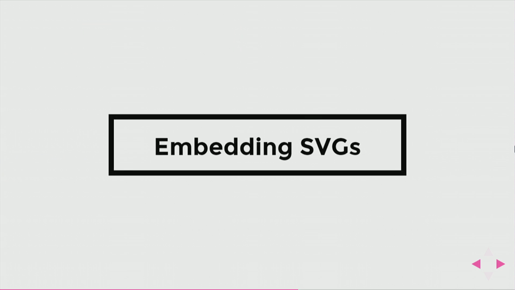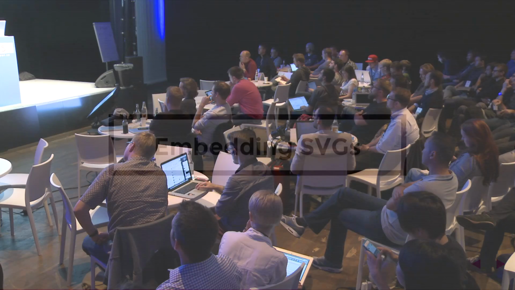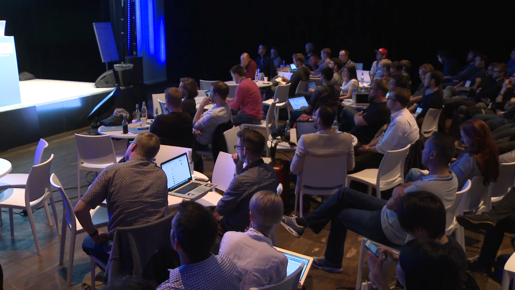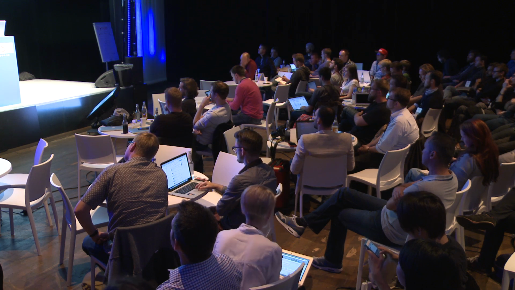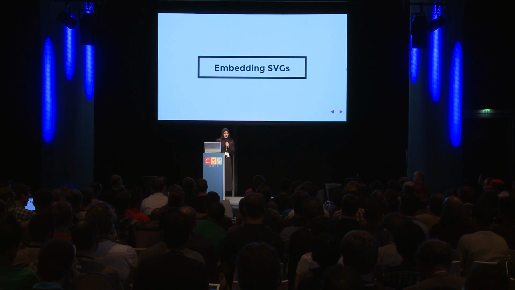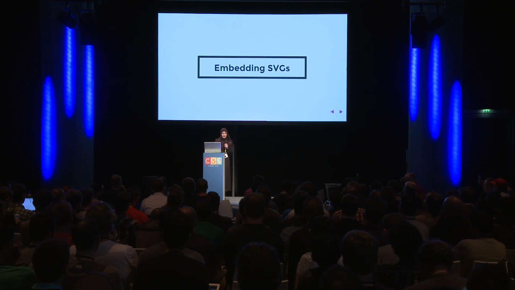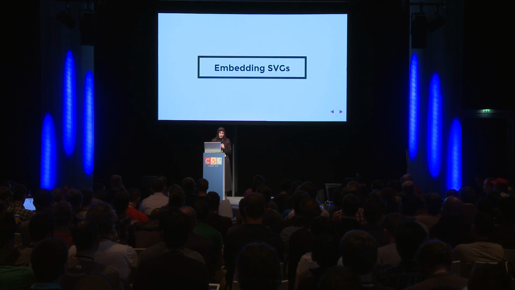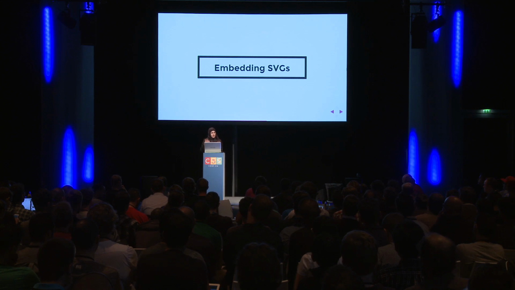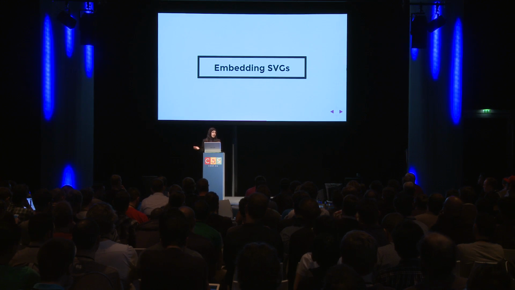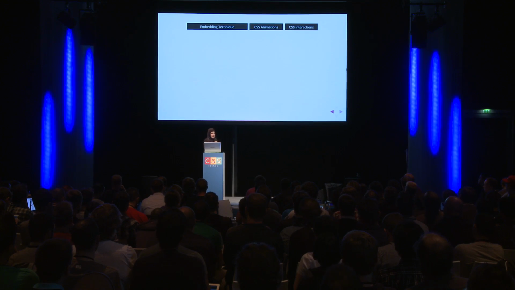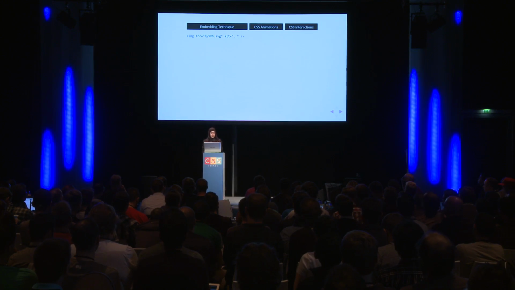Okay, so embedding SVGs. There are 6 ways to embed an SVG on a web page, but why are we talking about embedding SVGs when we talk about styling and animating SVGs with CSS? Because the way you embed your SVG is going to determine whether or not the styles and animations you apply are going to actually work. Sometimes if you embed your SVG using a certain technique, interactions or animations may not work. So the 6 techniques are, first, we can embed the SVG using an image tag,